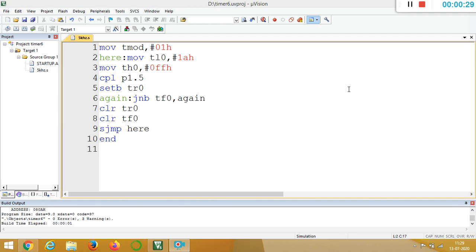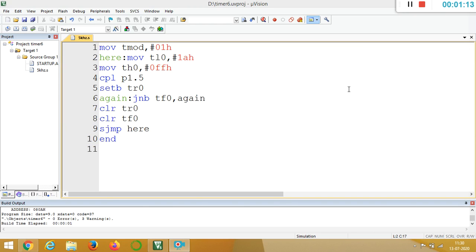So we'll go for the second statement, that is generating a square wave for 2 kilohertz frequency. Here the timer frequency is given as 2 kilohertz, and whatever square wave you are going to get, you have to display in P1.5. Now the frequency is given. Whenever the frequency is given in the question itself, whatever time you are going to get will be the time for the entire period. So don't use that entire period to calculate the initial count. First you divide that entire period, and whatever time you get for the half pulse, using that you have to calculate the initial count.